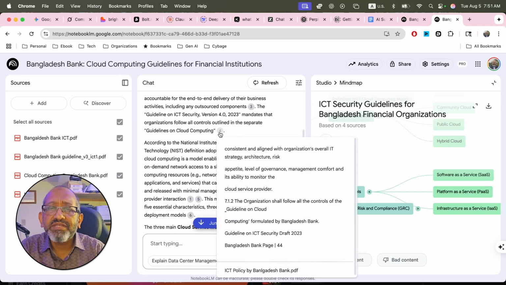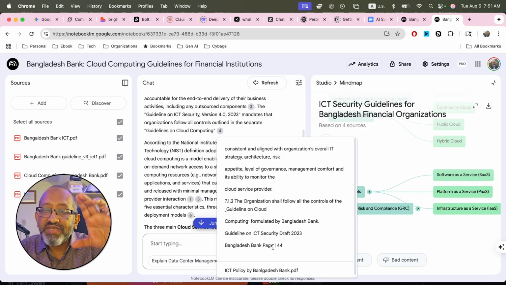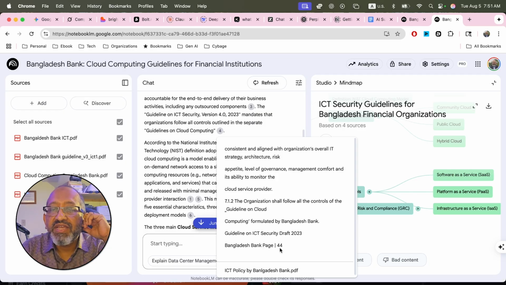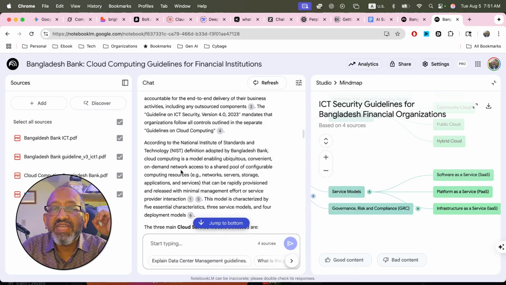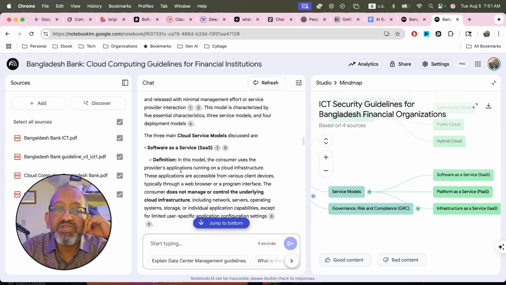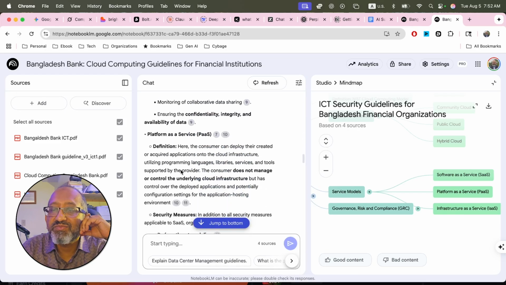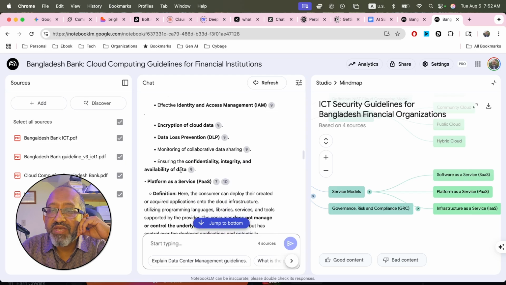And then you go to this guidance on that one, 7.1.2, because it talks about consistent and aligned overall risk. So again, it comes from page number 44. It started to gather the data and give you interpretation of it, like for each one of these models. So the benefit of this is, to some extent, if somebody creates a document, you can see the substance of the document and truly understand the document the way that it is supposed to